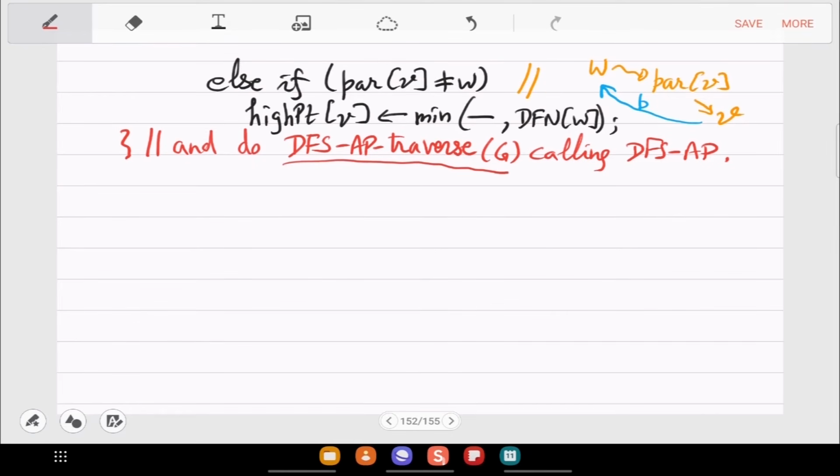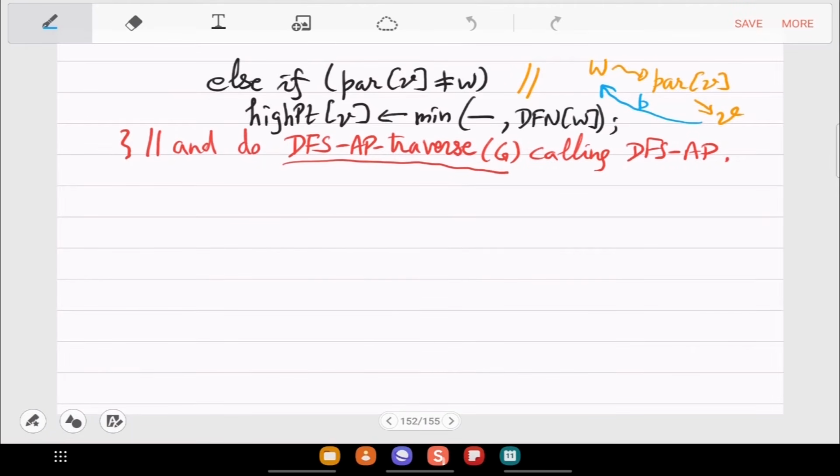DFS traverse also you had, which was the code that would call DFS GB. So corresponding to articulation point, you can write that also. It's basically the same as DFS traverse. It just initializes the arrays and then it calls on V, DFS AP V. Okay, so this is the full set of all the modifications on DFS procedure. Okay, any questions about this?